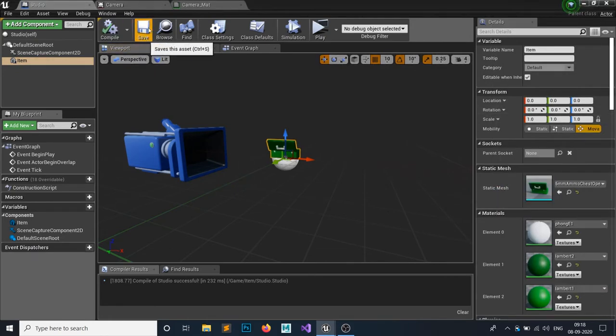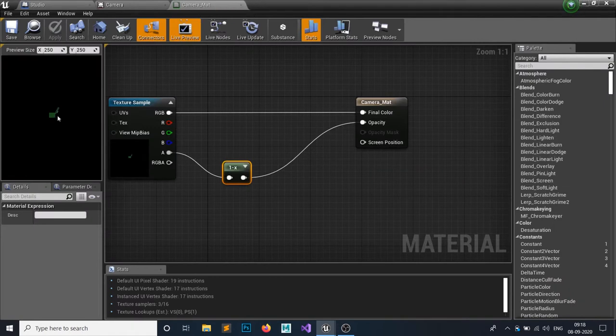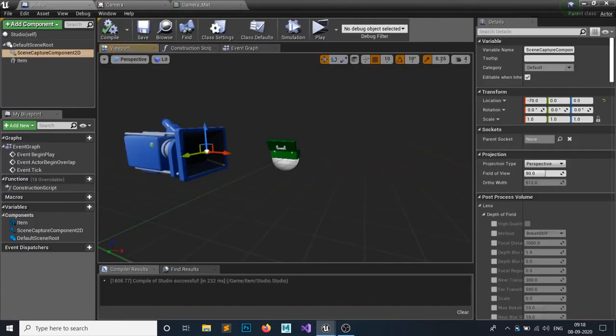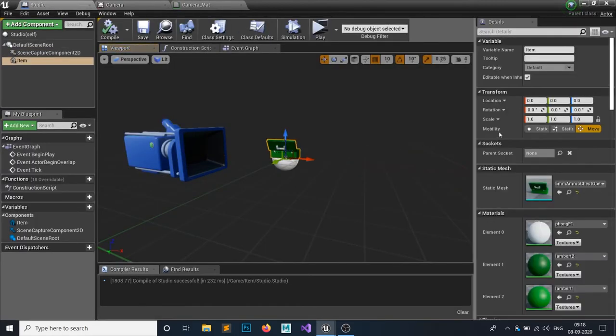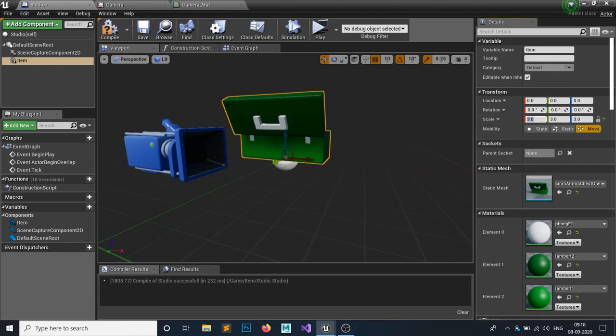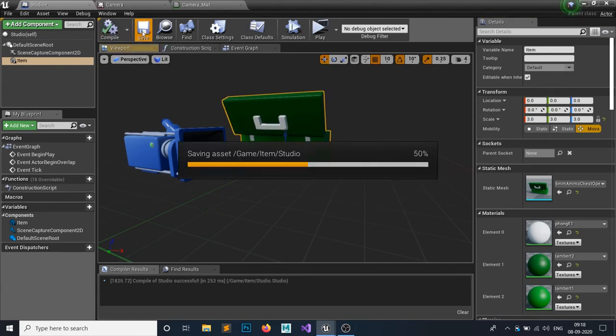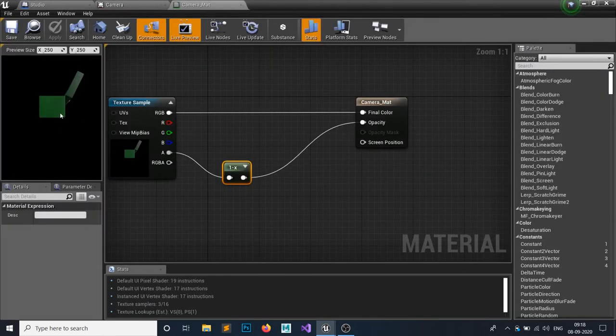If we hit compile, save, and go to here, you can see our little ammo chest. It looks a little bit tiny, so let's scale it up to 3, because this would be our latest size, and let's see how much it is. So it looks a bit better.